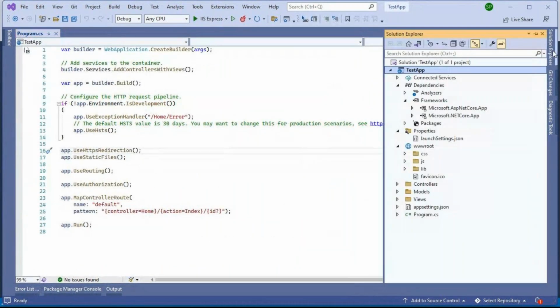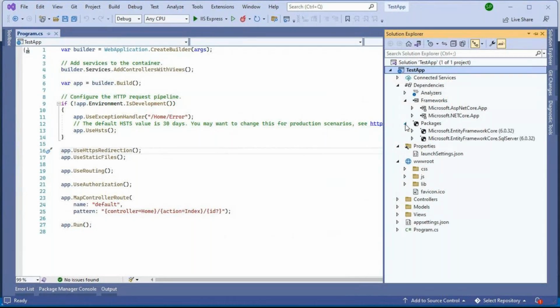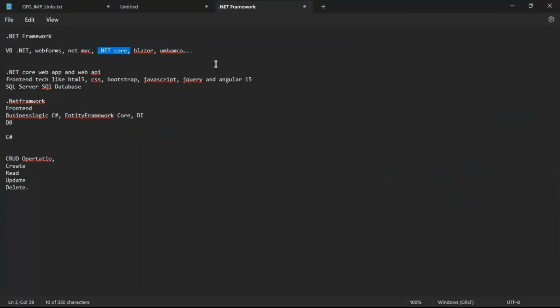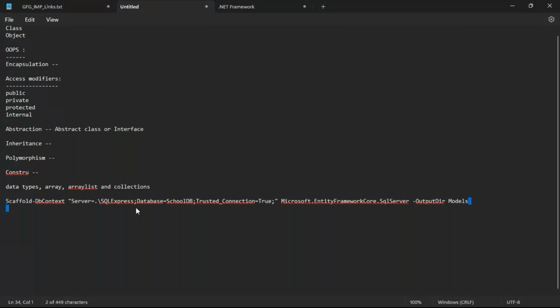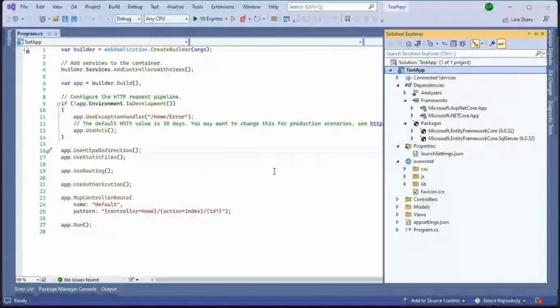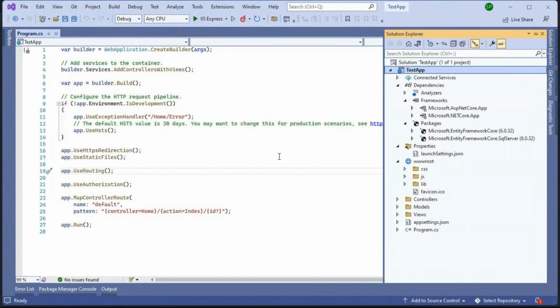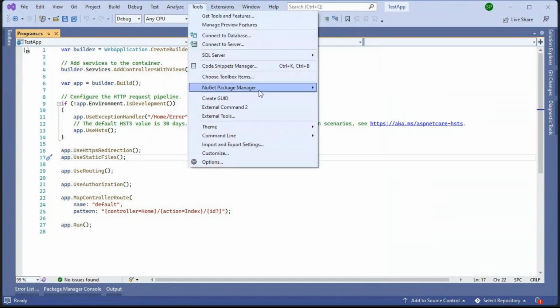See, if you expand the packages now, earlier we didn't have these libraries, right? Now we have these packages, Entity Framework Core and SQL, and now we have one scaffold command. This is the scaffold command. It will connect to our database and integrate all our database tables into our .NET application. See how it works. If I go to Tools, NuGet Package Manager, Package Manager Console,